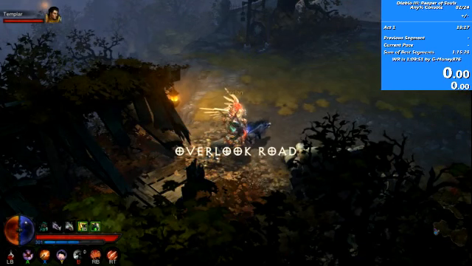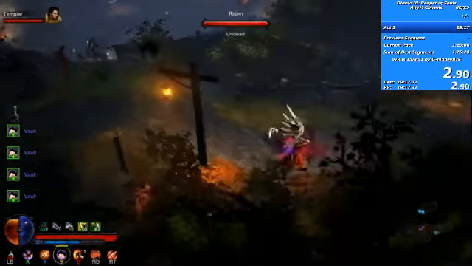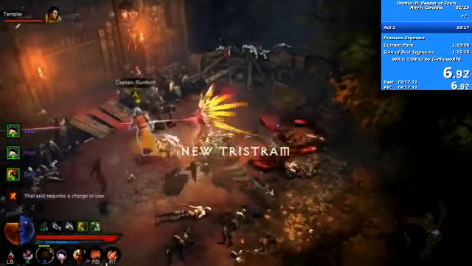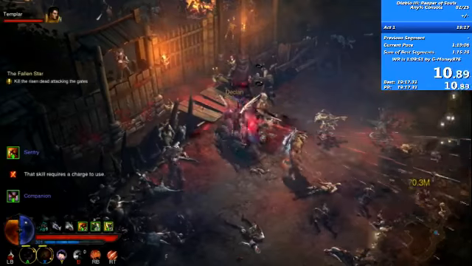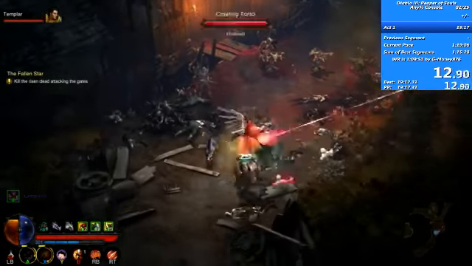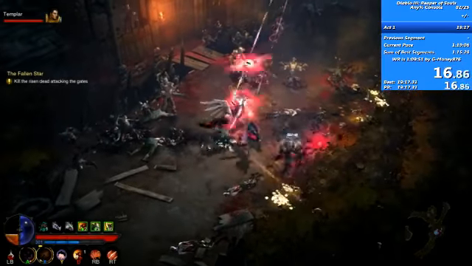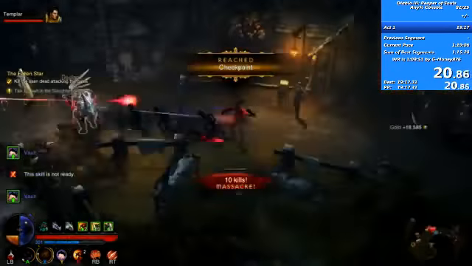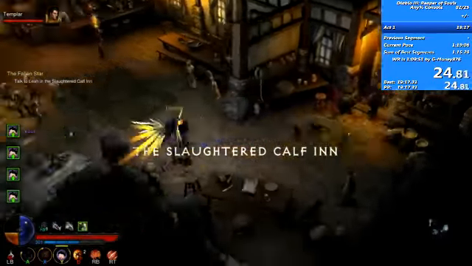Like I said, this is a long run, so I estimate this run to take about 1 hour and 25 minutes, just because of little map RNG that you could have, and it can be very painful. So here's the beginning of the game. You start off in New Tristram, and as you can see, I have a lot of abilities that take out enemies really quickly, and we'll talk about those momentarily. You take out these guys really quickly, and you head over to the cafe,